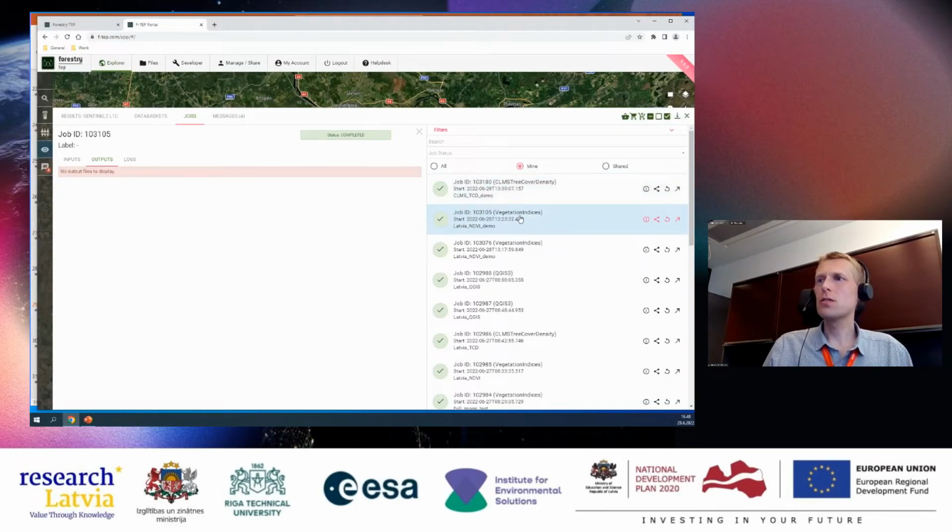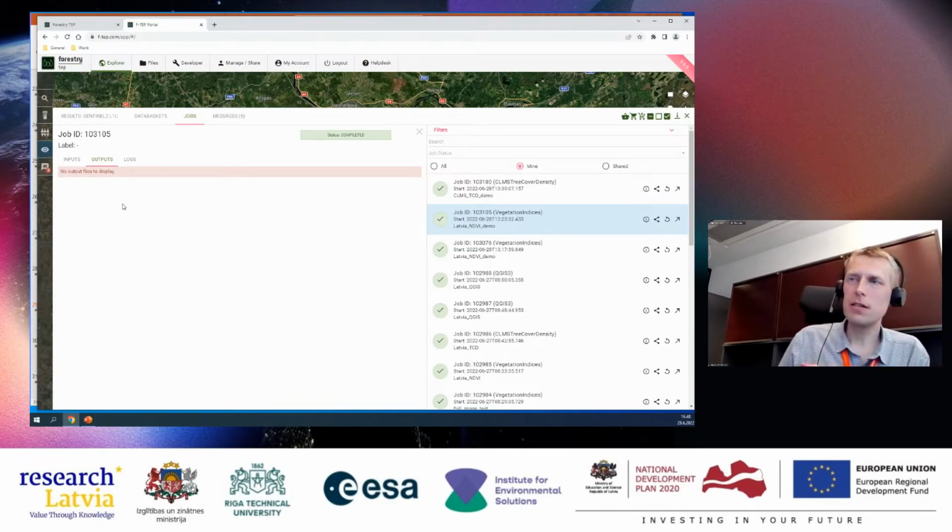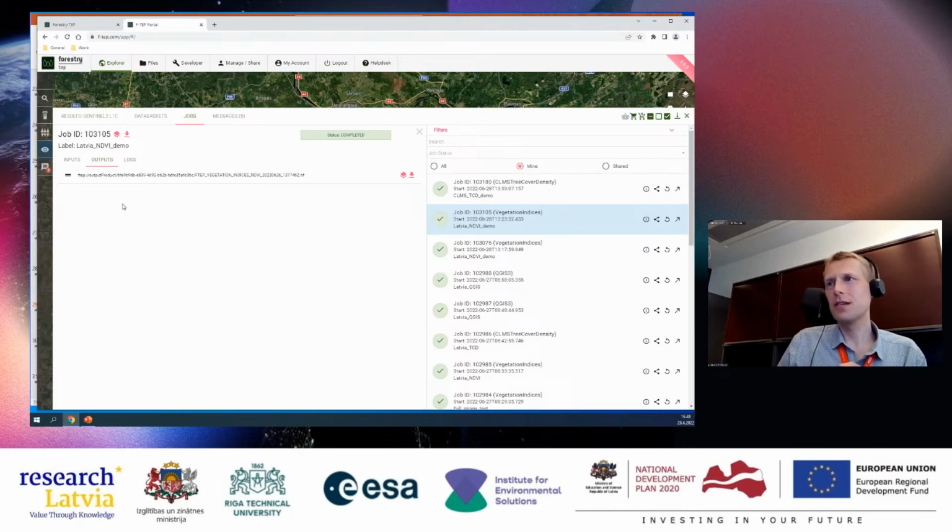And I can do the same for the vegetation indices output. So when I go to the vegetation indices job, wait for a moment. In normal conditions, when I use this, all happens in half a second.